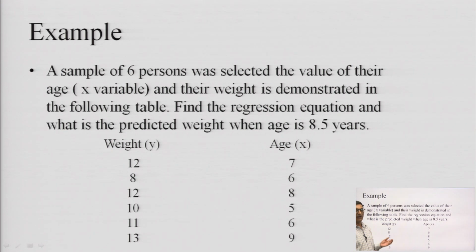So, in this example we want to find a regression equation for the weight on x. That means we want to find the equation of y on x, or weight on x. X is age. So, first our aim is to find the regression equation of weight on age. Weight is the dependent variable, age is the independent variable,